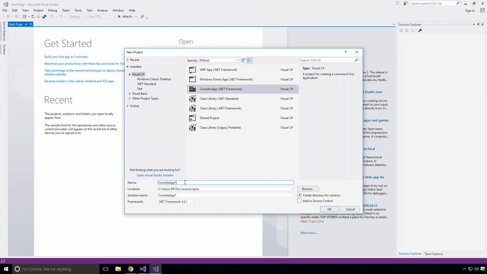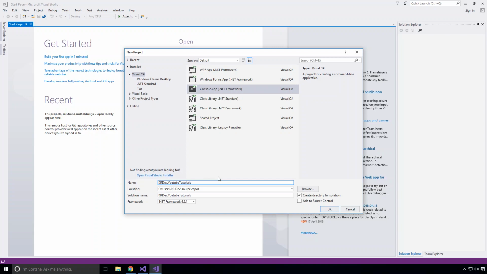So in this case, for project names, you generally want to have a structure which looks like company dot product or technology dot whatever the feature is dot sub namespace. Now, I apologize if that's confused you. I'll explain it with an example, and we're going to name our project exactly like that. So company Dr. Dev, all right, dot. So what is the product or technology? In this case, we're doing YouTube tutorials. So YouTube